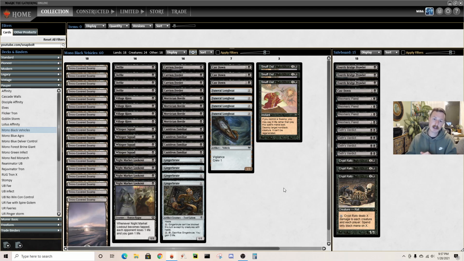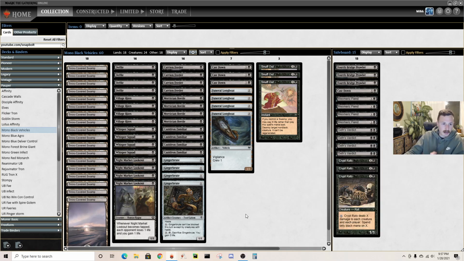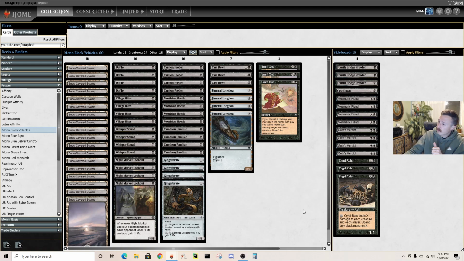So I think I played okay. We drew a Geth's Verdict, and then they drew their pro black thing and got us. So I don't hate my play. I think this deck is reasonable. It was a lot of fun. Longboat plus Lookout is an interesting take on the format, and I might jam this deck for another league